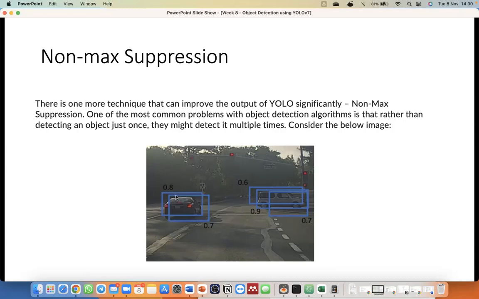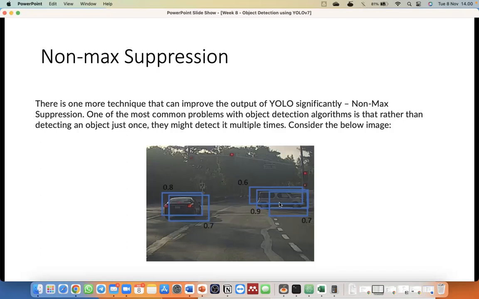For example, this one. Jadi ini bisa jadi nanti outputnya banyak. Sebetulnya niat dari algoritma YOLO itu mau memberi bounding box di image ini, tapi ternyata bisa jadi di sini, atau di sini.